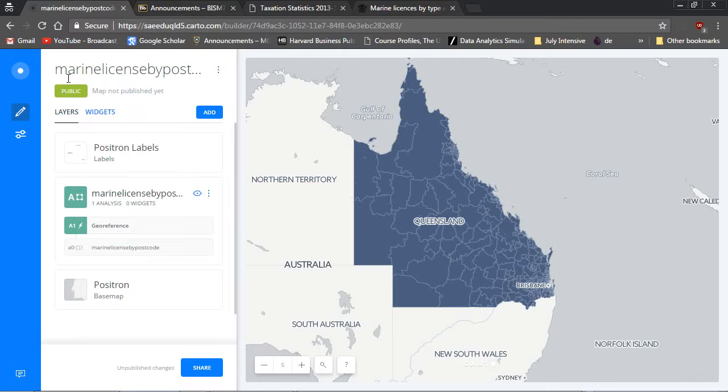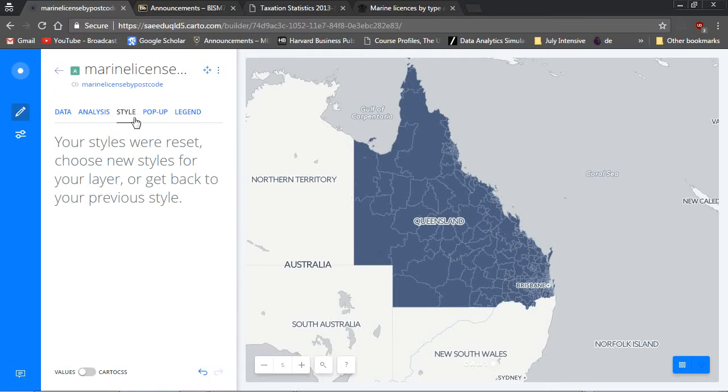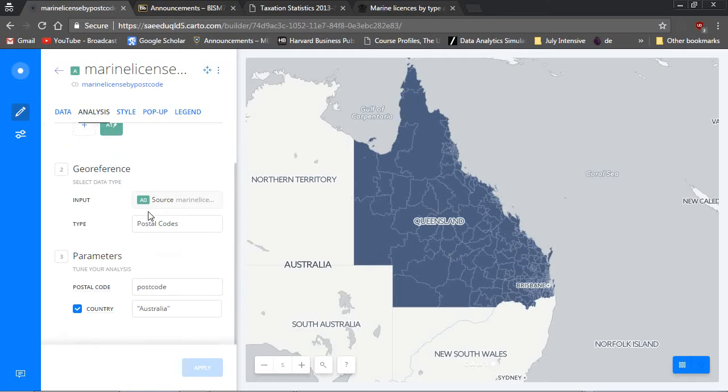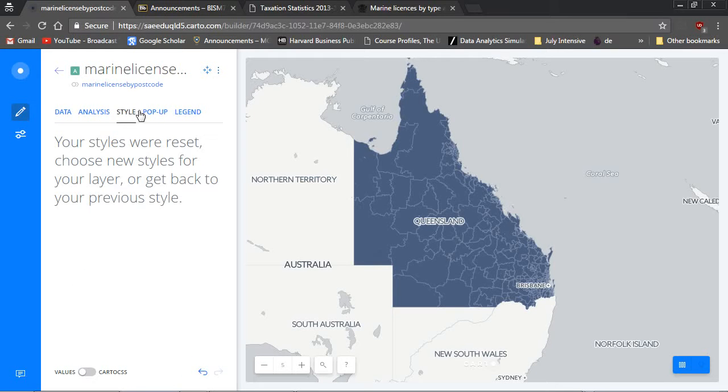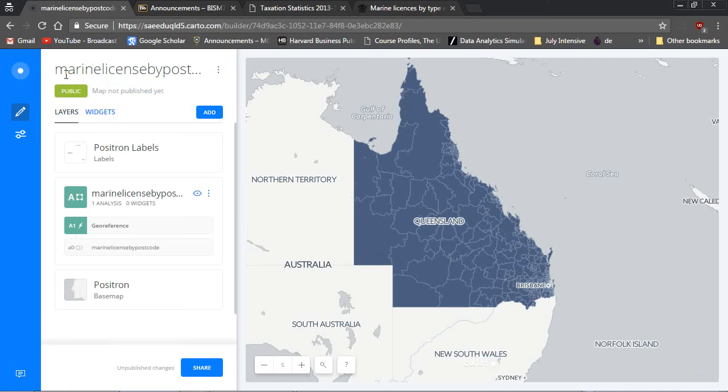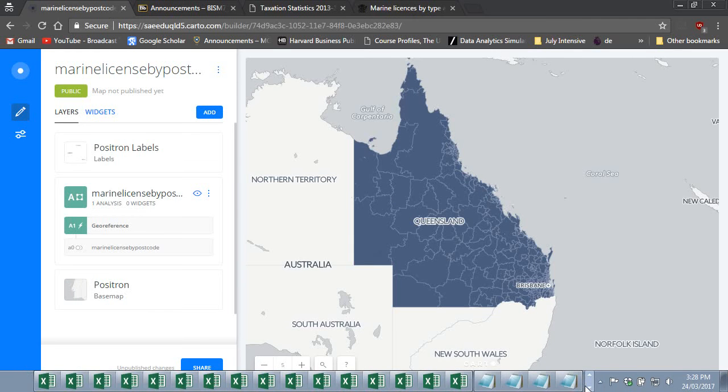Once again, under style, what is this? So I go to marine licenses. So I'm not sure what this tells me, but that's fine, because we need to create a new map. We need to create an overlay map. We just wanted this one to be to check that it can be georeferenced. That's enough for now. And then we will create another map which overlays taxation and this data all together. So that's it for marine licenses data for this